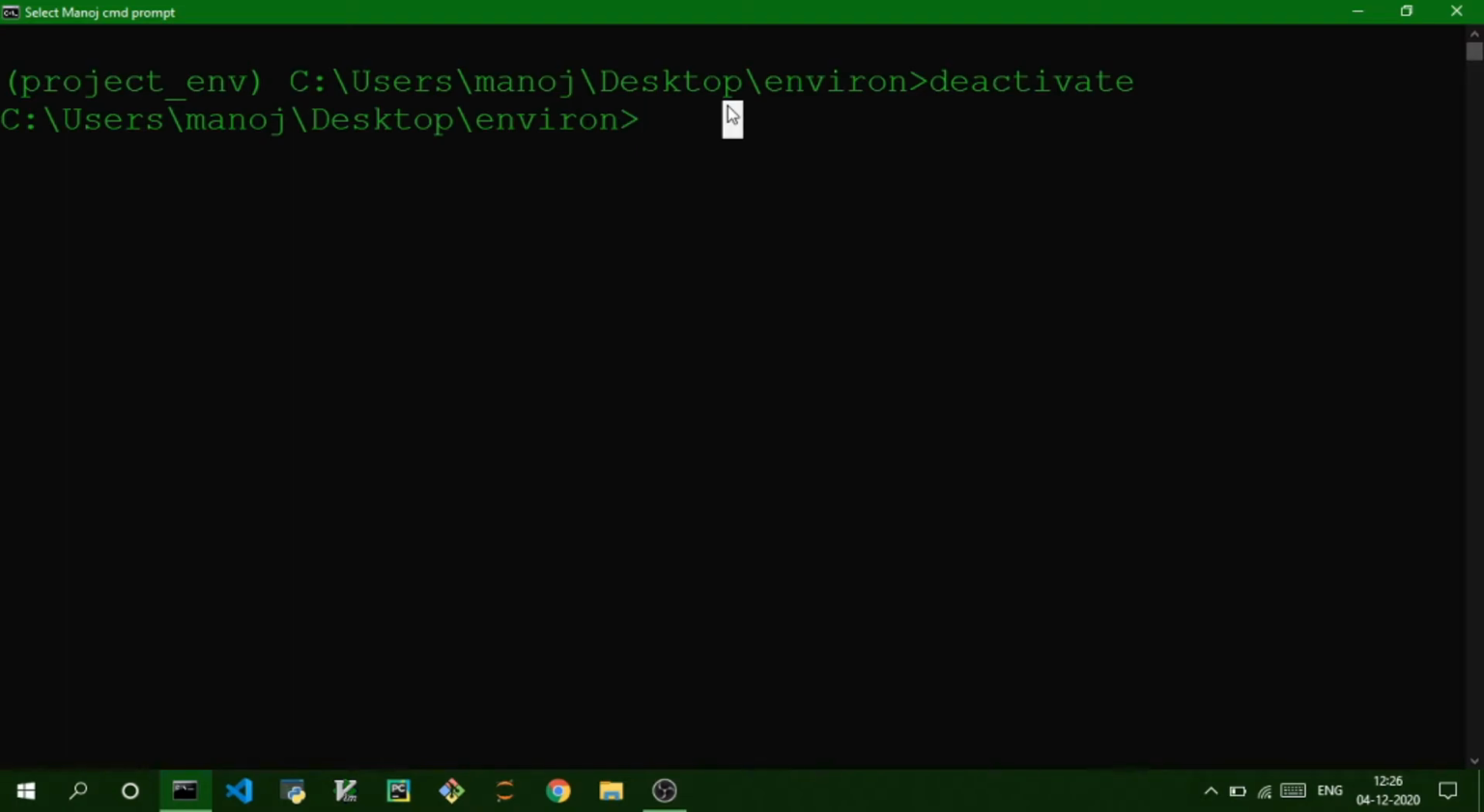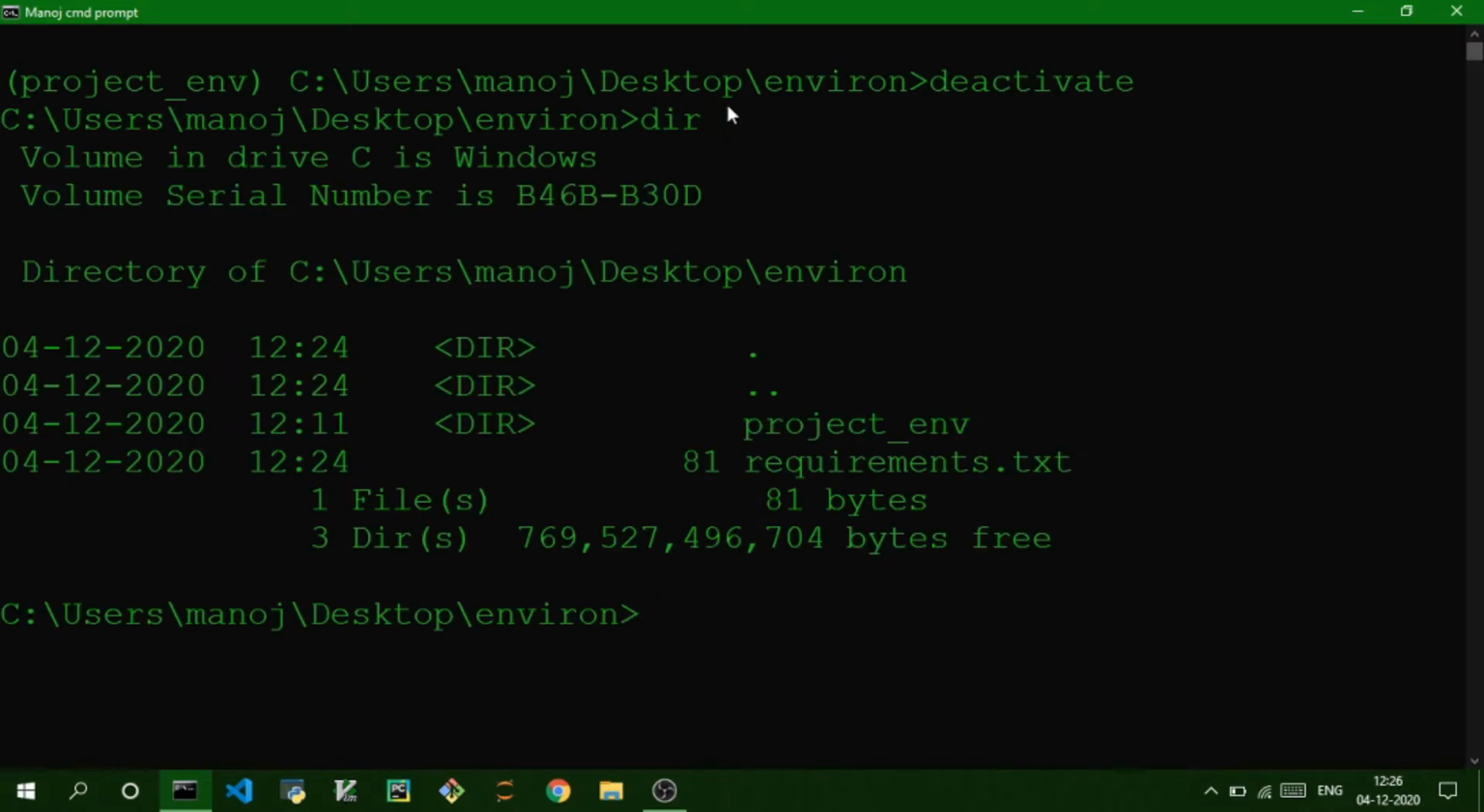In order to view the contents of this directory, as you can see here, we've created the requirements.txt file and the virtual environment still exists in this directory. Remember that we've just deactivated the environment and we can activate it whenever we want. And in order to delete this environment, it's as easy as deleting any other directory: rmdir space name of the directory,